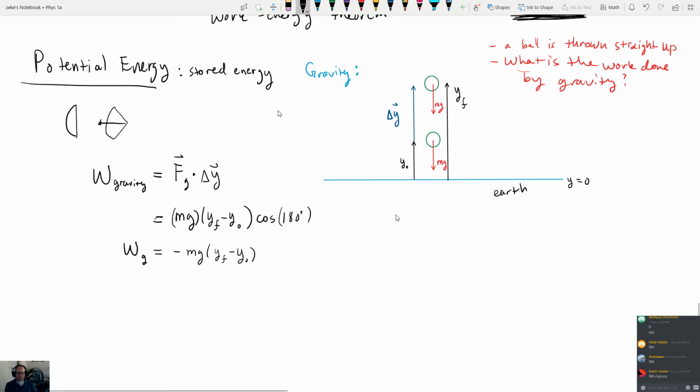Now, I'm going to put to the right of this just what we got before for the spring, because I want you to see just how similar these results are. For the spring, what we got was the negative of 1/2 k multiplied by